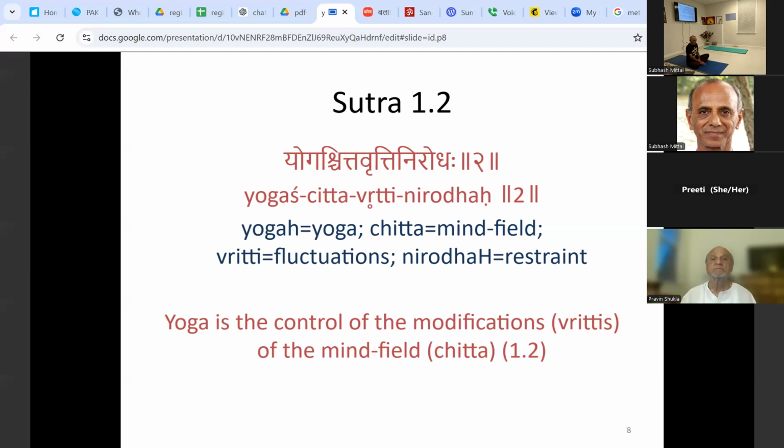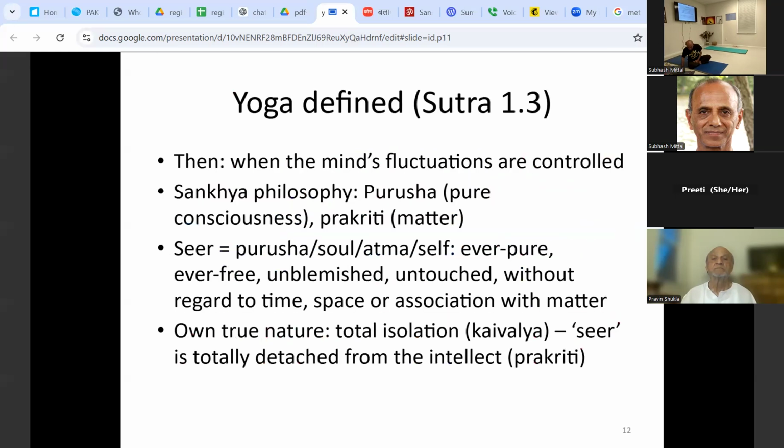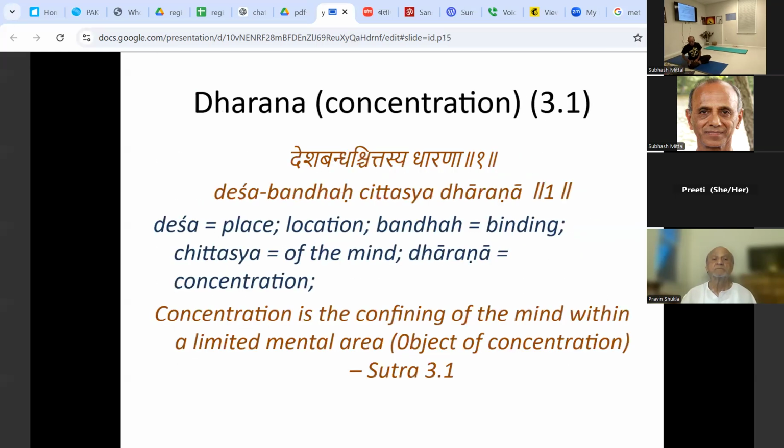Dharana is the initial focus. Dhyana is the actual meditation, and samadhi is where we'll end up in the deepest state of meditation. Okay, so let me just quickly go through the definition of these three terms. So this is the very first one. It's called Deshabandha Chittasya Dharana. Okay. So I'm not going to go into any details of these things. I'm going to give you a very simplistic